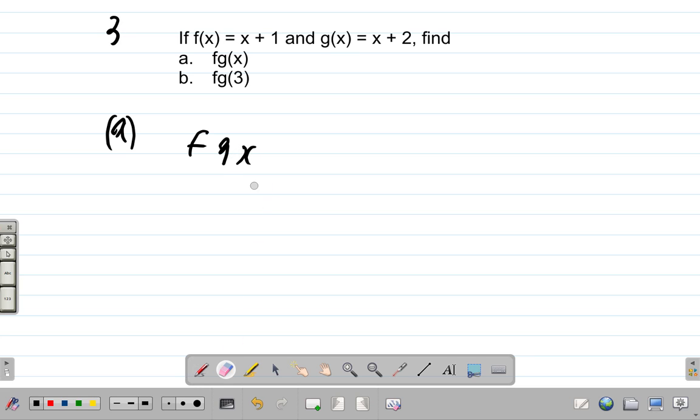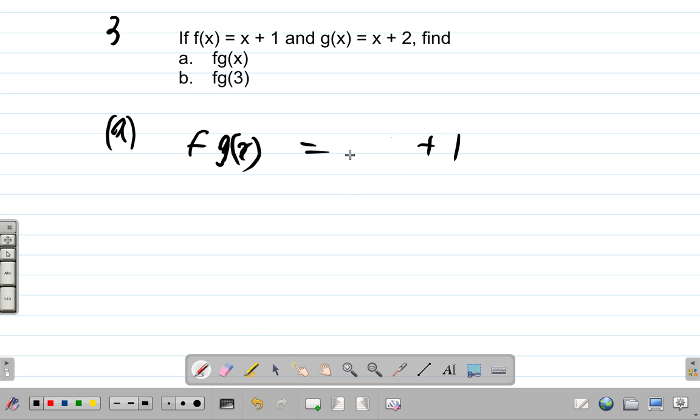The thing is, if we have f of x, we say f of x is equal to x plus 1. But f of g of x, we have to remove x and put g of x there instead. So here we remove the x